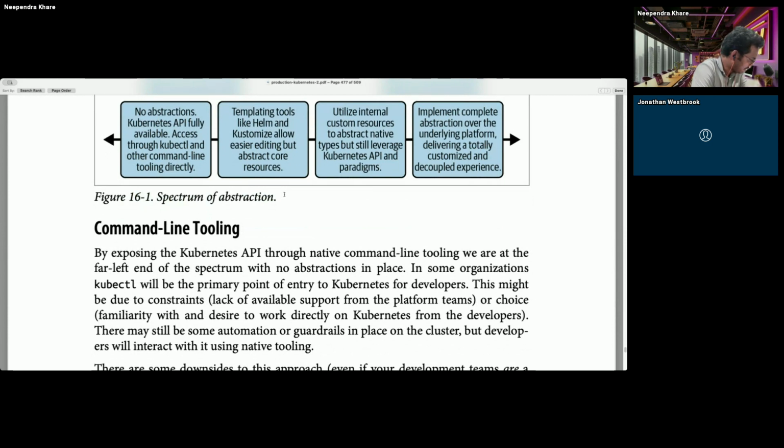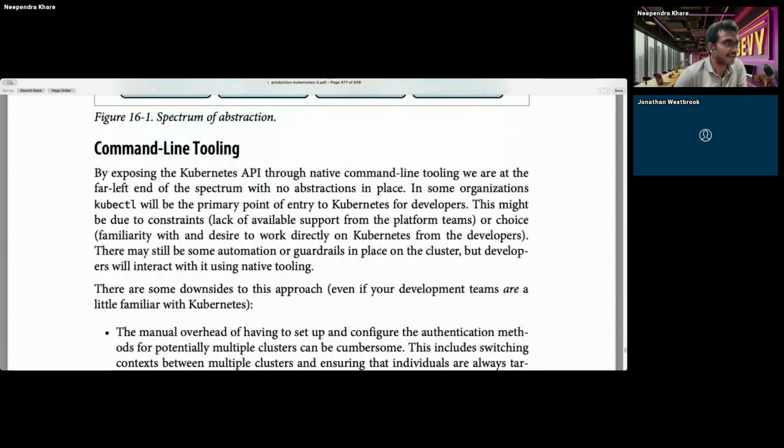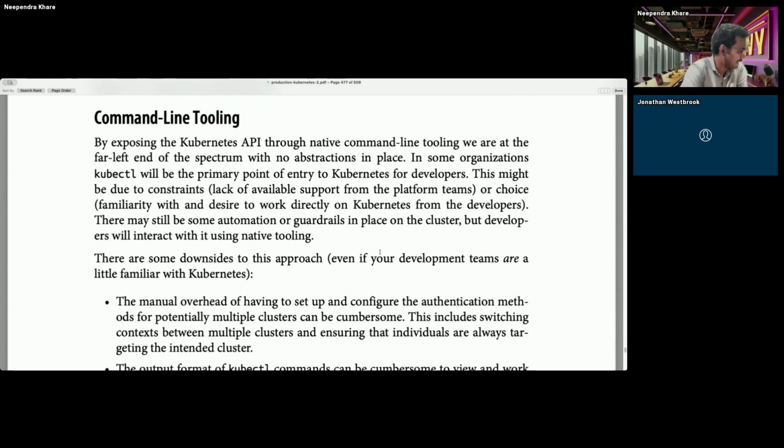So let me just take a look. Yeah. So it basically talks about primarily whether you want to allow user access of the kubectl or not. Whether you want to give that level of access